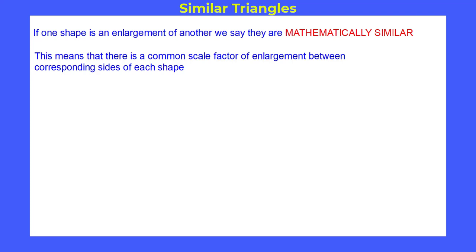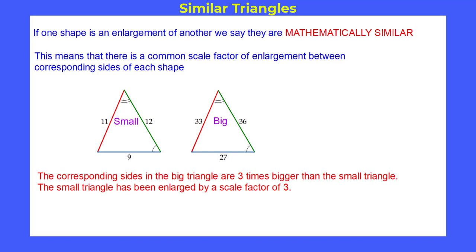In this video, we're going to be looking at similar triangles. If one shape is an enlargement of another, we say they are mathematically similar. This means that there is a common scale factor of enlargement between corresponding sides of each shape. So if we've got two triangles here, a small one and a big one, if you look at the corresponding